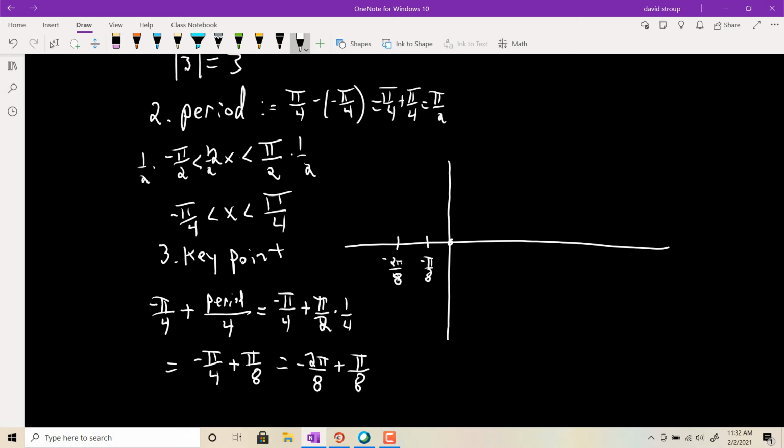And then 0, and then 1 pi/8, and then 2 pi/8. And again, the asymptotes are at -pi/4 and pi/4, which is the 2 pi/8 and -2 pi/8. So you have this picture, if you just want 1 period,